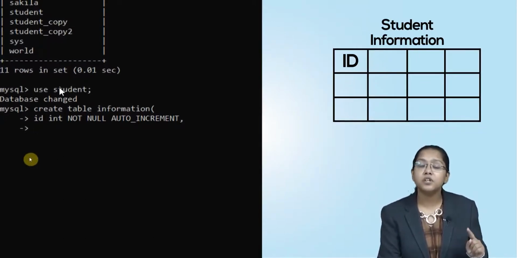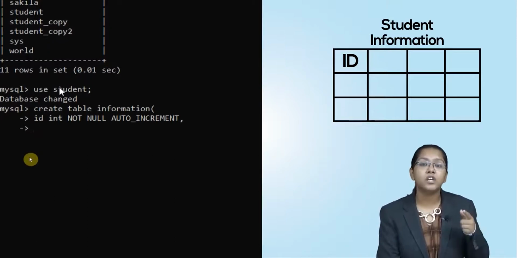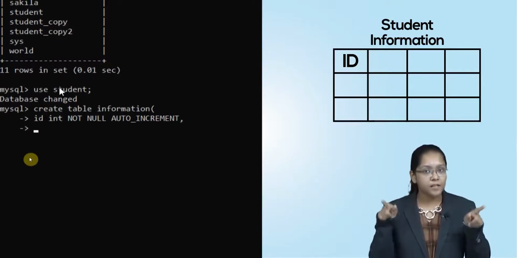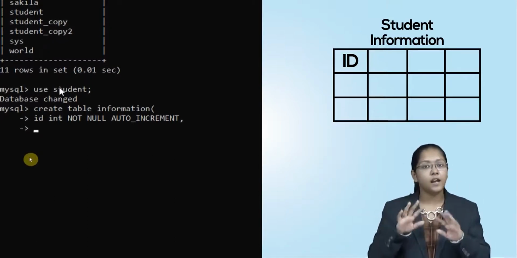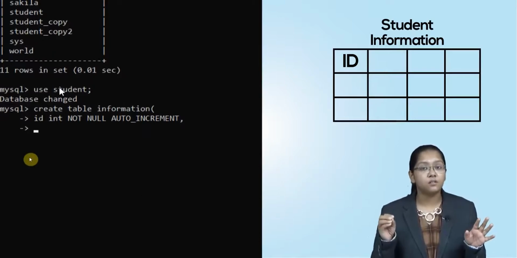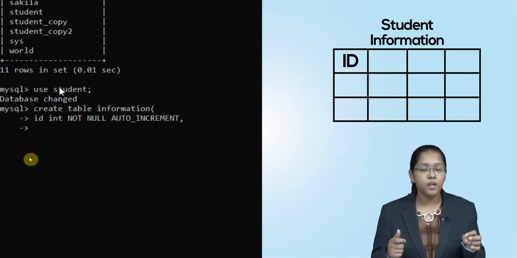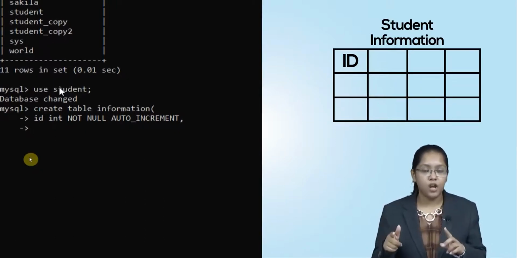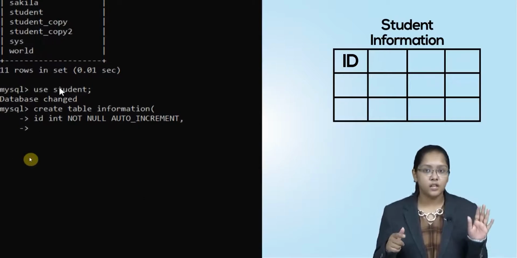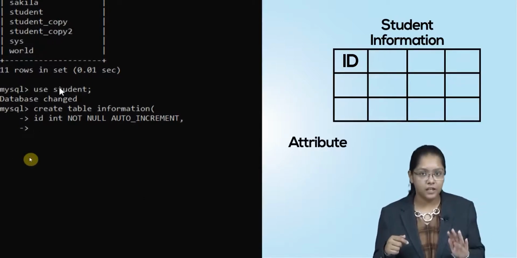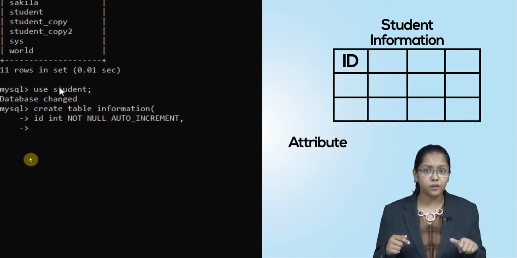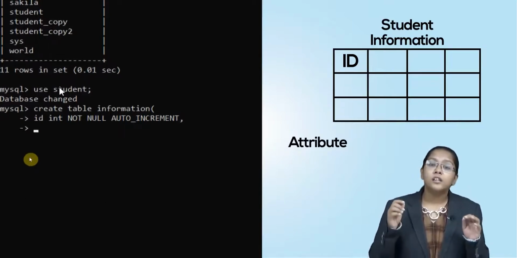And the size of int is what? 4 bytes, and that's the reason we cannot write brackets after int. I don't want to write them because the size of int is predefined. You cannot enter the size of int, okay? So there won't be any bracket after int. So first of all, there is the attribute name, then the data type of that attribute, and now while creation